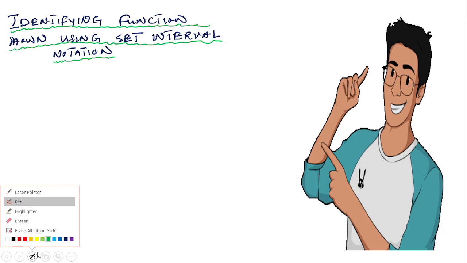please follow me. I'm slow because I want you to understand. This is where mathematics starts from. I know you enjoyed sets, but this is where mathematics starts from. We are going to be going in detail bit by bit, so I expect you guys to follow. So in set interval notation of a function,